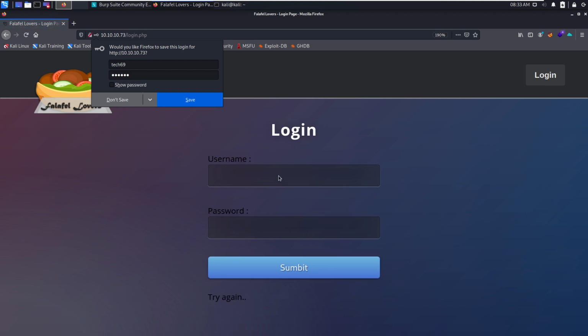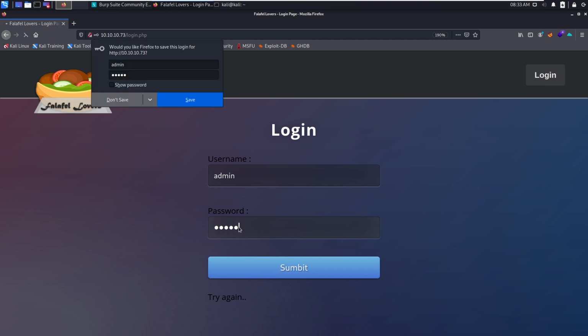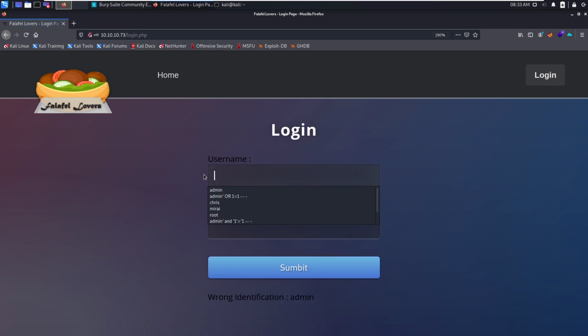So we can try for Boolean SQL injections. Why try for Boolean SQL injection? When I give the correct username, it gives me a different result than the error message try again. That means this could be vulnerable to Boolean SQL injections.